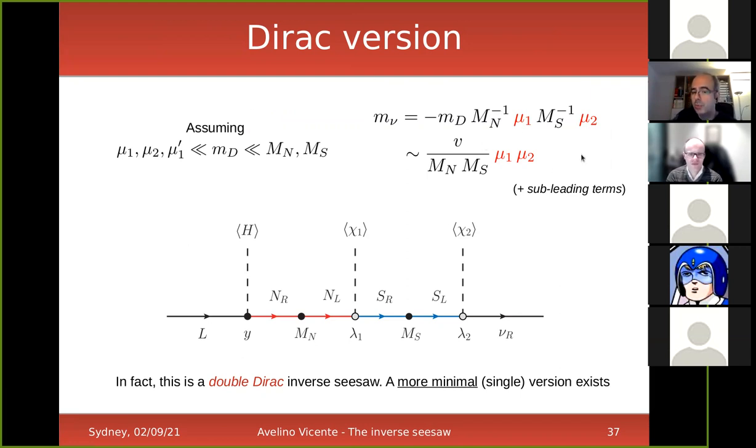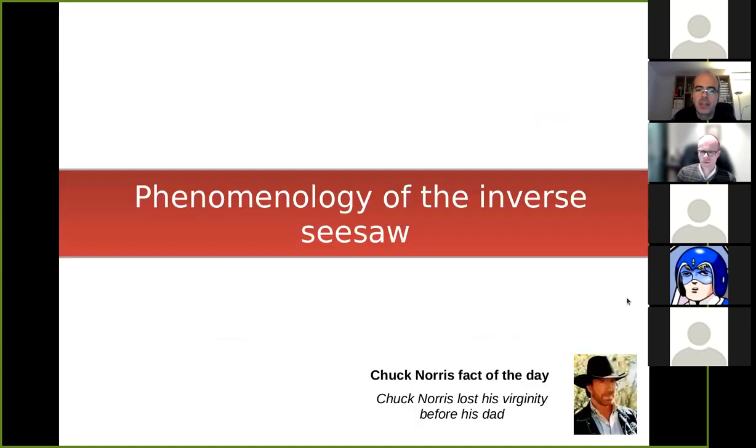It's proportional to two mu parameters, and you can construct a very similar model with just one. I didn't explain it here because it's a bit confusing, because it looks exactly like the Dirac seesaw, but it is also a possibility, and I just wanted to mention this. This is just to say that the idea of the inverse seesaw, in general beyond the Majorana construction, can in principle be used in exactly the same way.